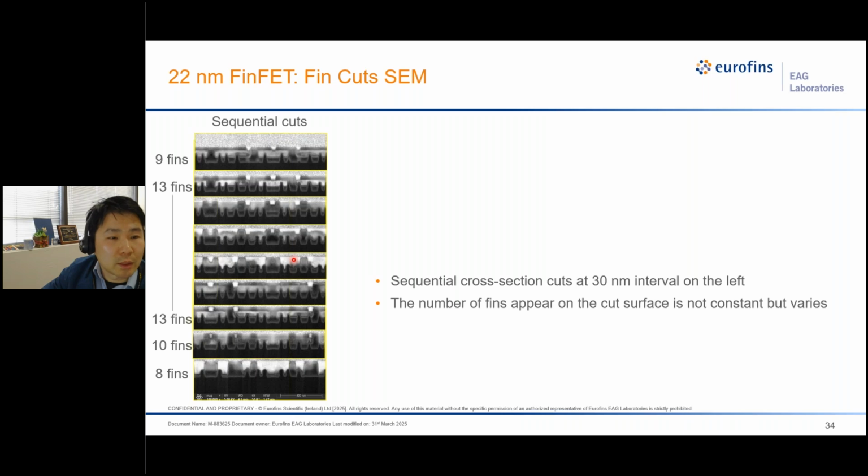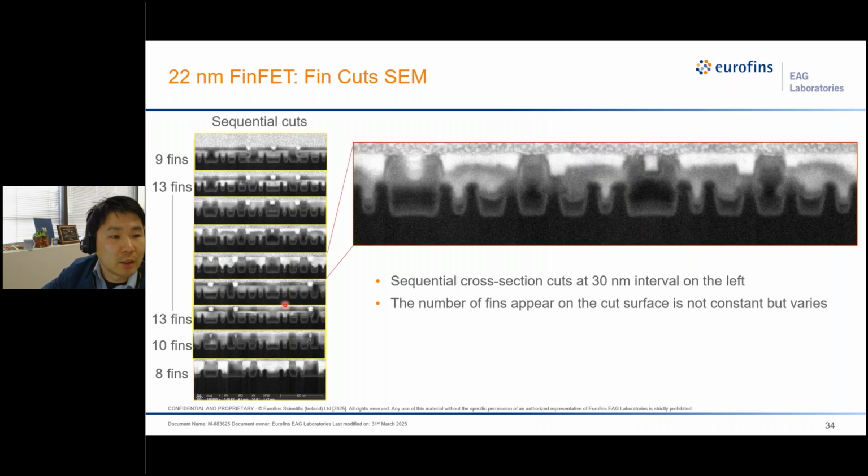So using our extensive knowledge about the FinFET structure, we can identify the different components in this complicated structure. Here's an example of one of the images. In this one, we can see the brighter region on the top. Sorry, they're not the metal gate, they're the contacts. And the gray regions are metal gate, and the darker region on the bottom will be the shallow trench isolation